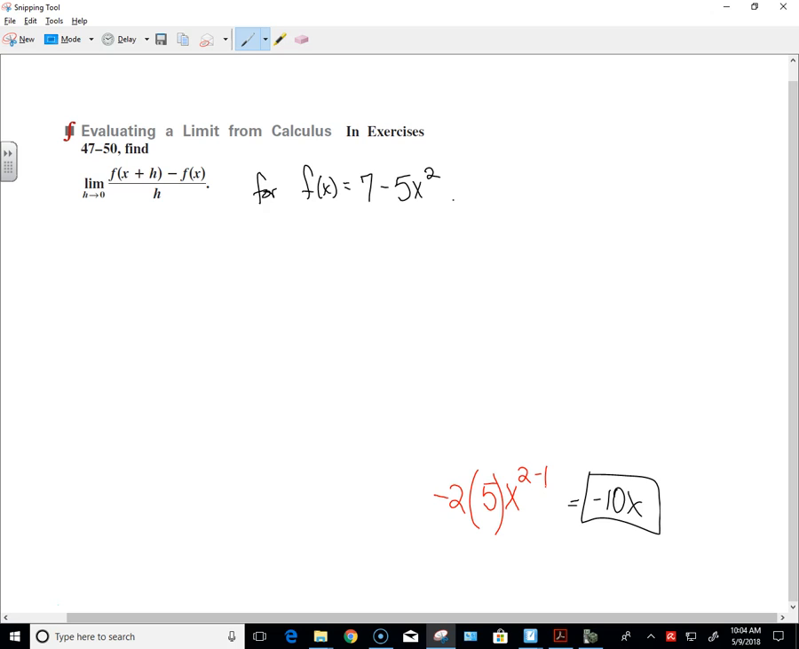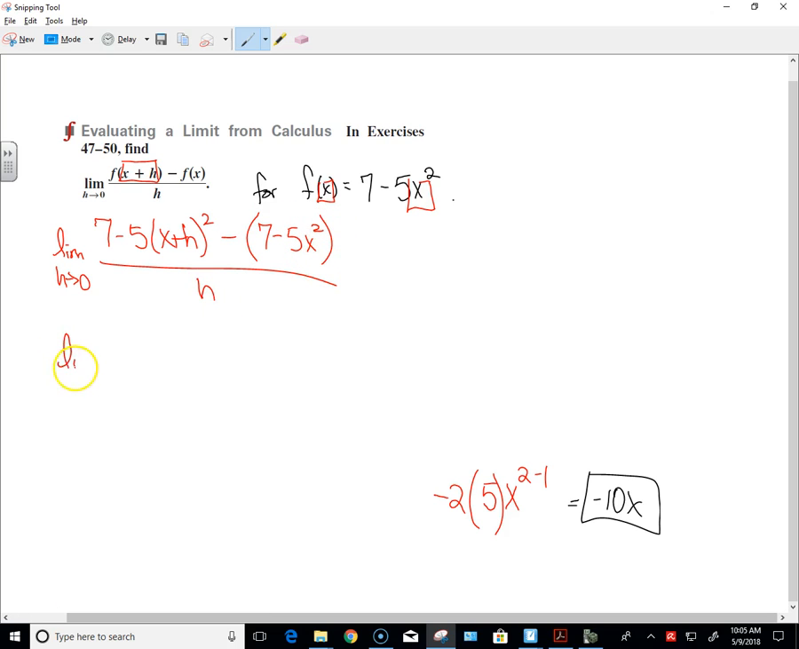But for the rest of you guys, here we go. How should you have done it? The limit as h approaches 0 of f of x plus h. Remember, x plus h needs to go where? Inside the independent variable spot, inside the input spot. So for f of x plus h, input x plus h, so 7 minus 5 times input x plus h squared minus f of x, which is 7 minus 5x squared,